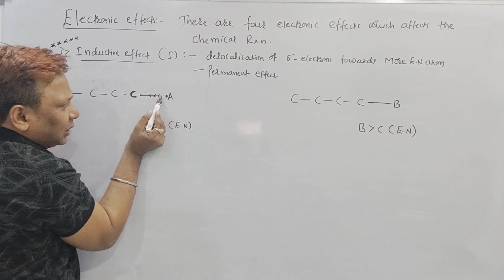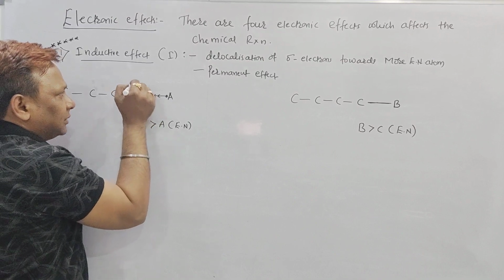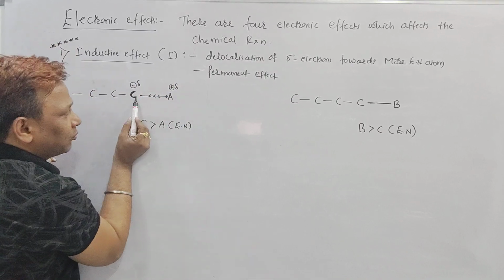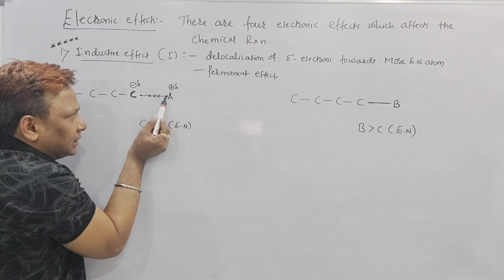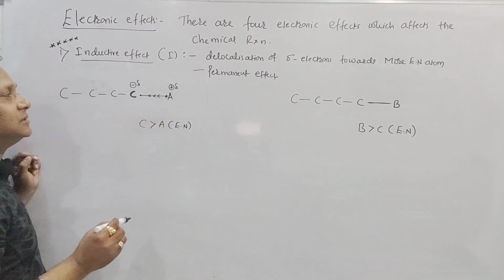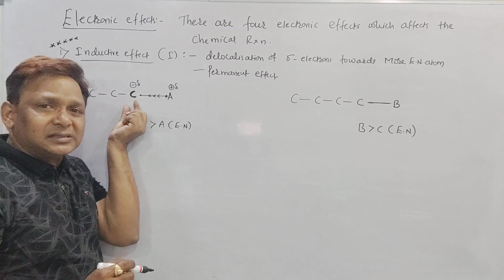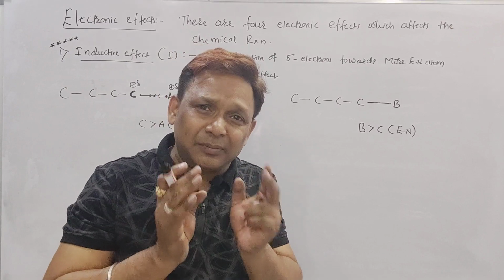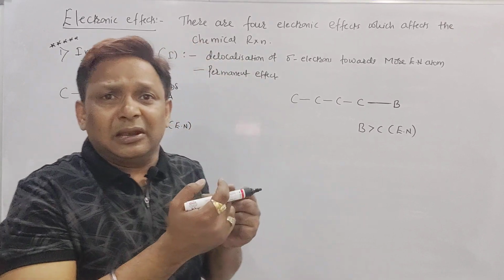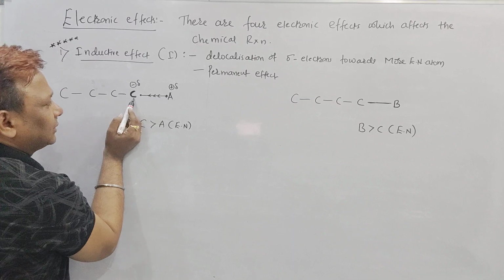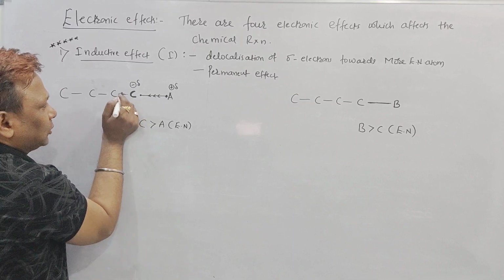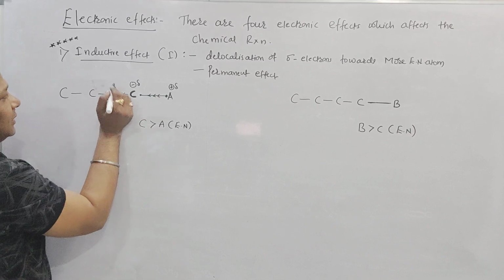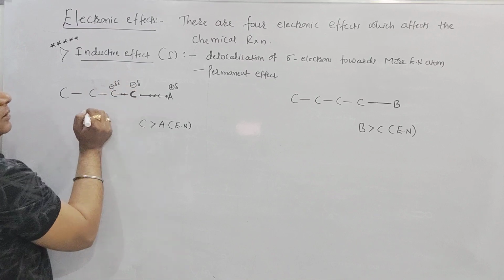As C is pulling the electron from A, C will get a partial negative charge and A will get a partial positive charge. Because C is more electronegative than A, C will pull the electron from A and C will get a negative charge. But before pulling the electron, C is in octet condition. Before taking the electron from A, C has its complete octet. But now by taking the electron from A, it has an excess of octet. So it will give its electron back to the neighboring atom, like this one. Now it will get one more negative charge.